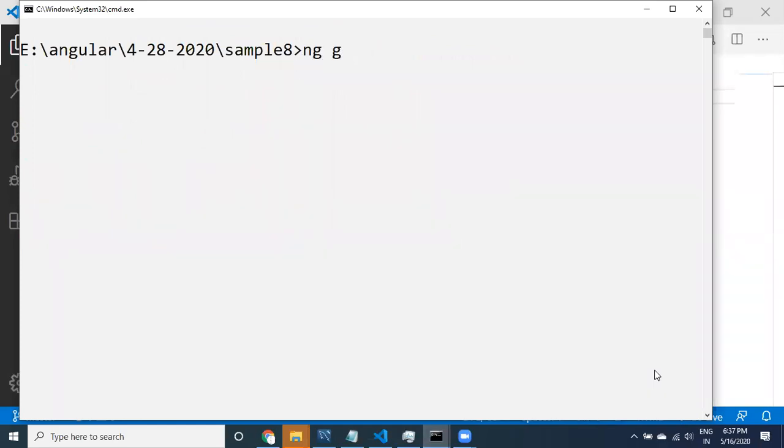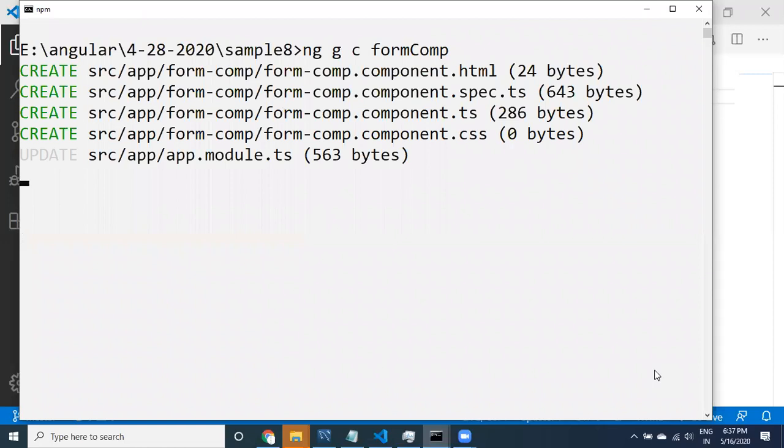Now I'm going to run ng generate component, form component. Let's say form com. I'm going to say form component. If I say just form, maybe form classes may be available in the default packages. That's why I don't want to take the class name form. I would like to take form com. Okay, it has generated. This is also generated.